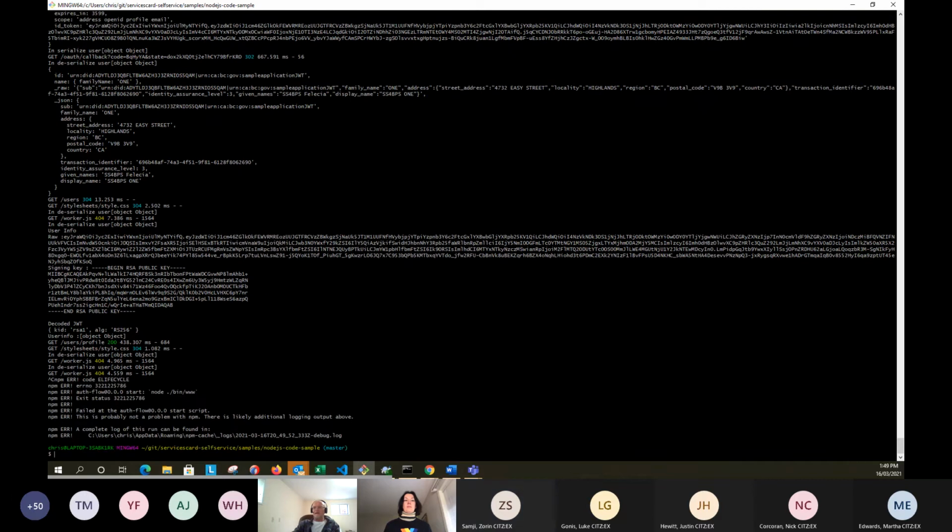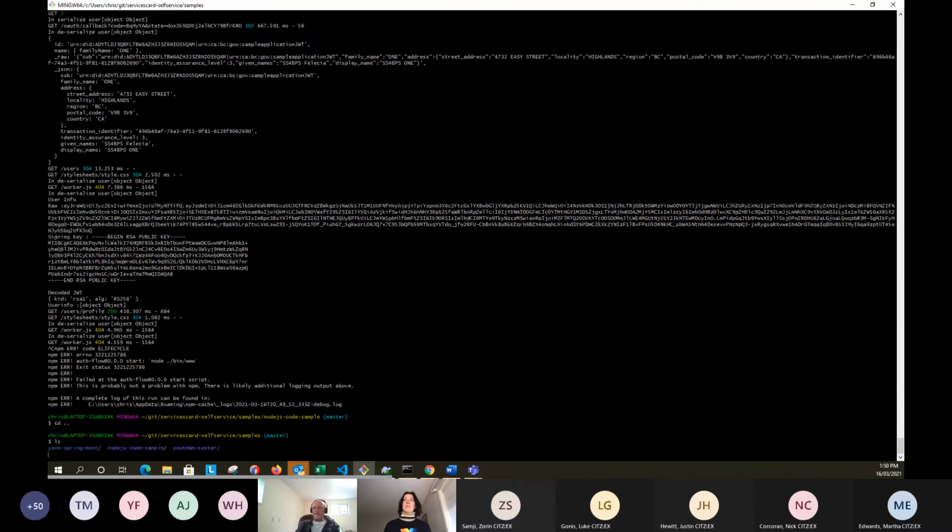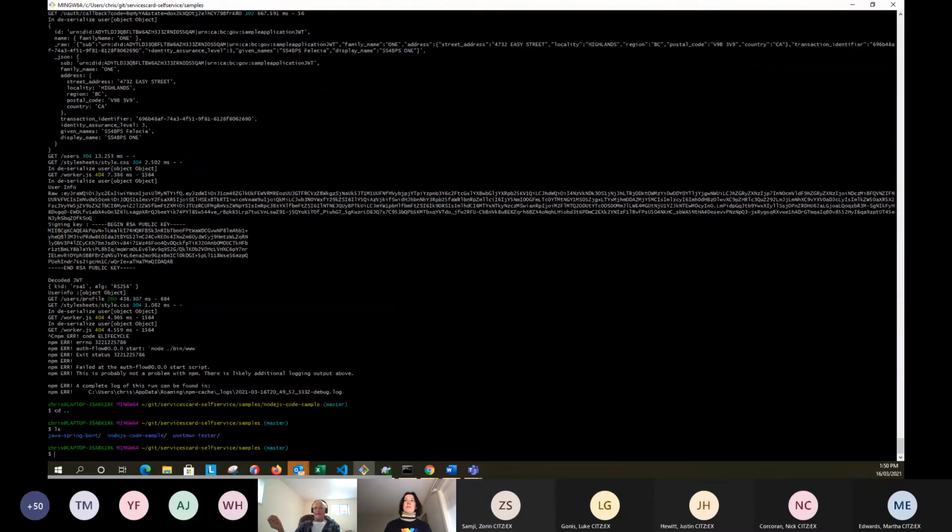So if I get out of this now, I'm going to kill my Node application. I'm now going to go into my Java application. And these applications, by the way, are in the BCGov repo, so it's open source stuff. Anyone can take these applications, have a look at this, and use the code which is here, pretty much plug it into their own application, and hey presto, you've got BC Services card integration. So I'm going to go to the Java project,